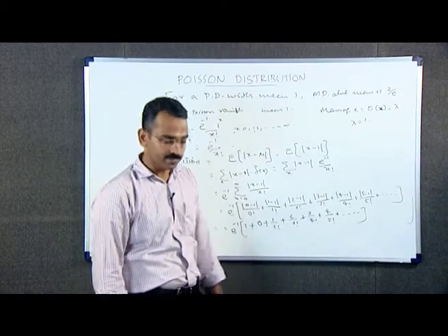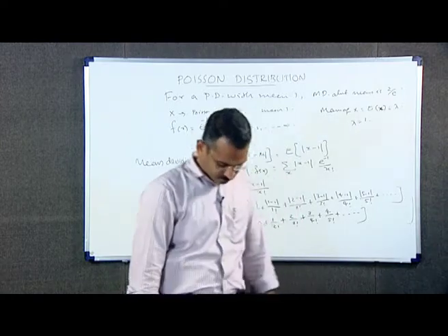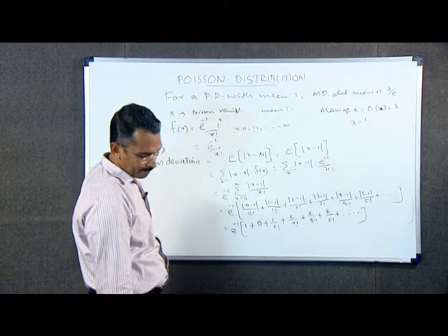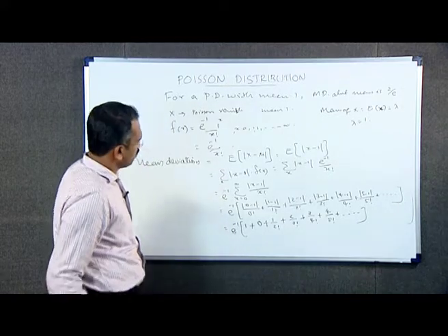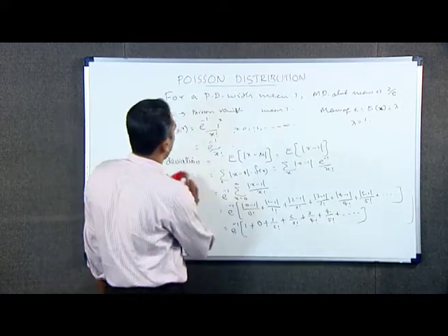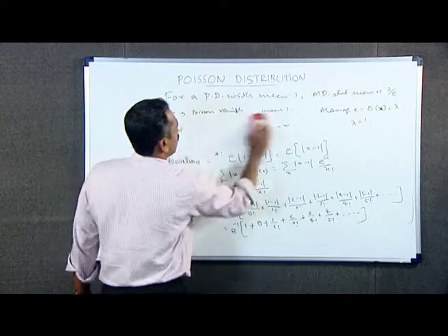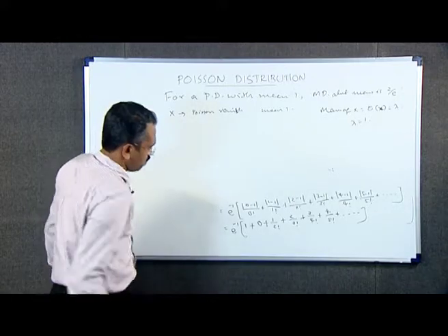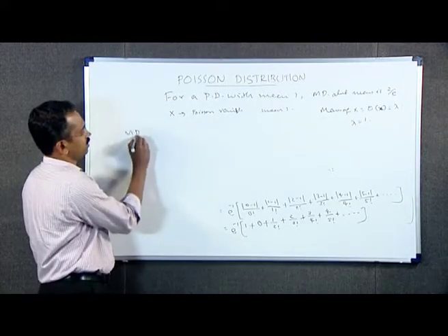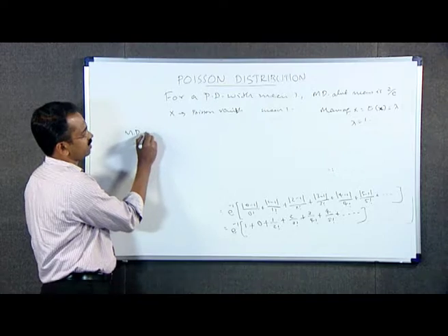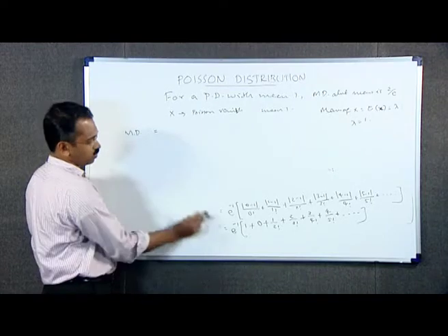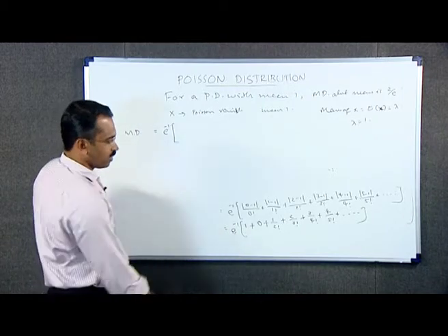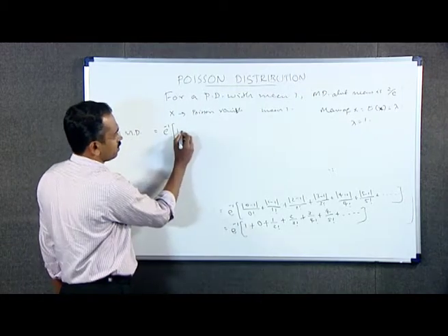Up to infinity, which is equal to e raised to minus 1 into... The left hand side is the mean deviation about the mean, which is equal to e raised to minus 1 into 1 plus